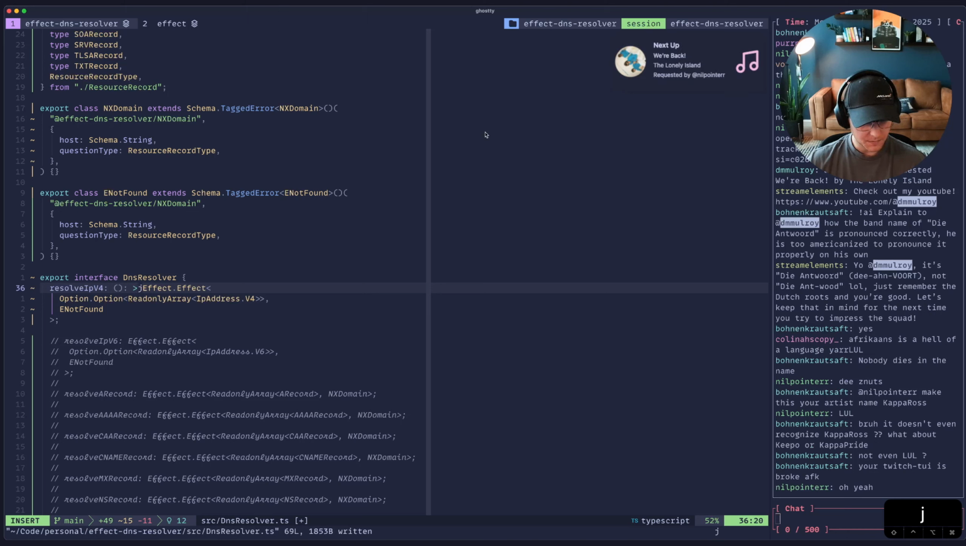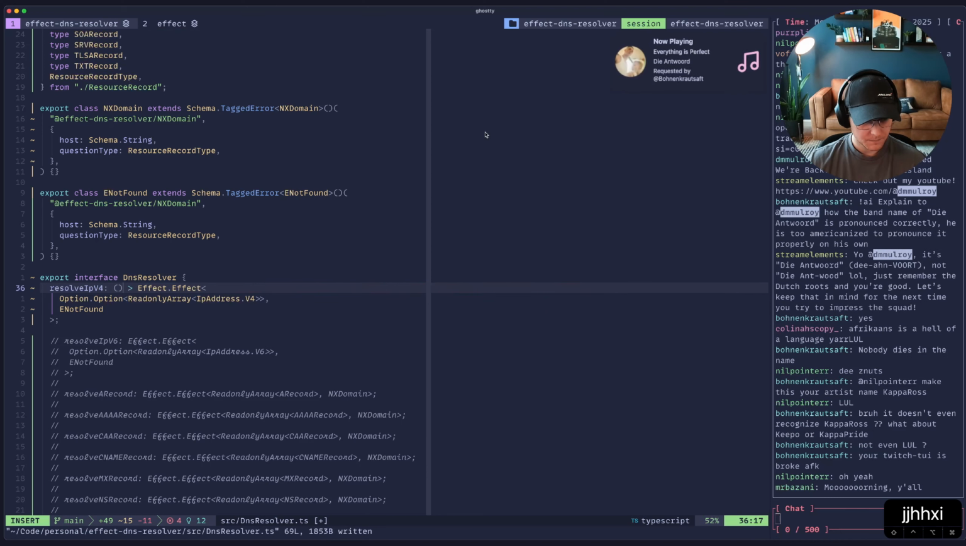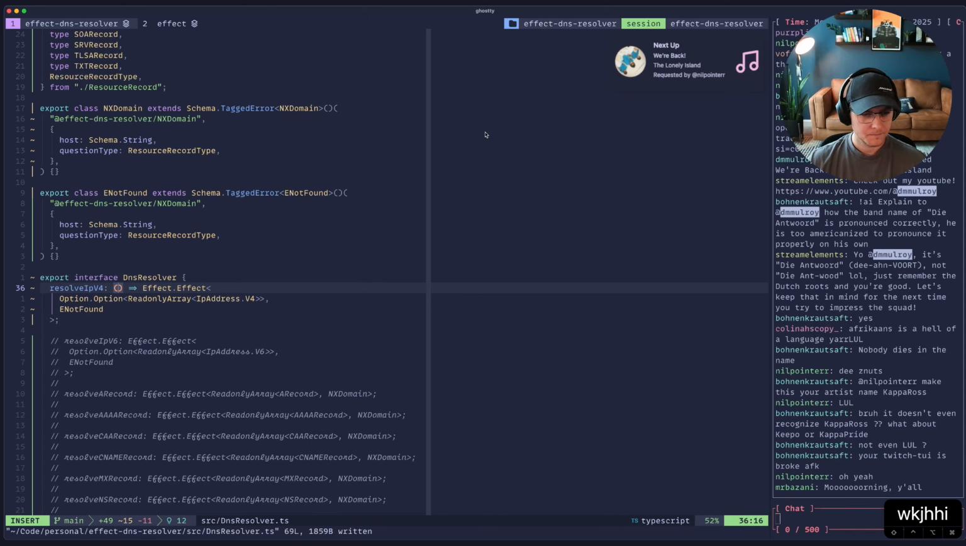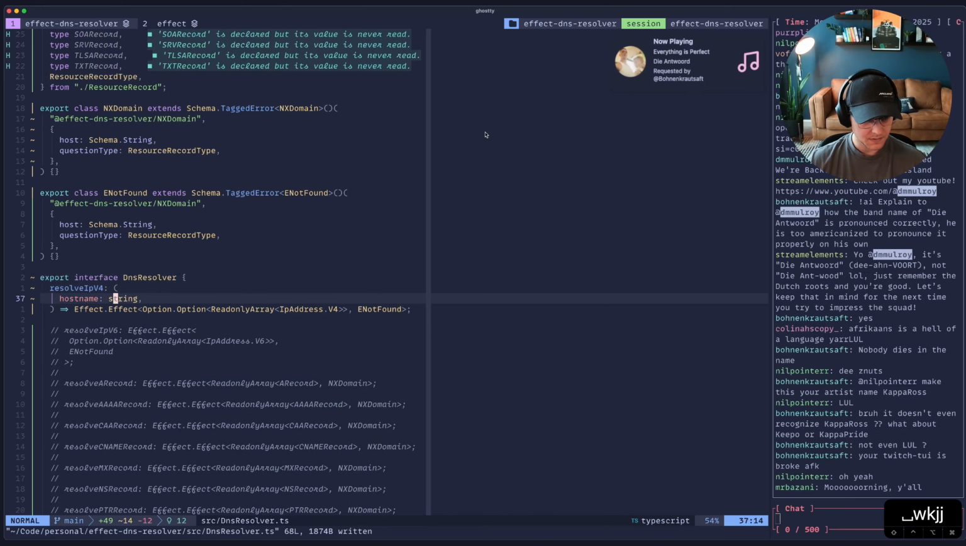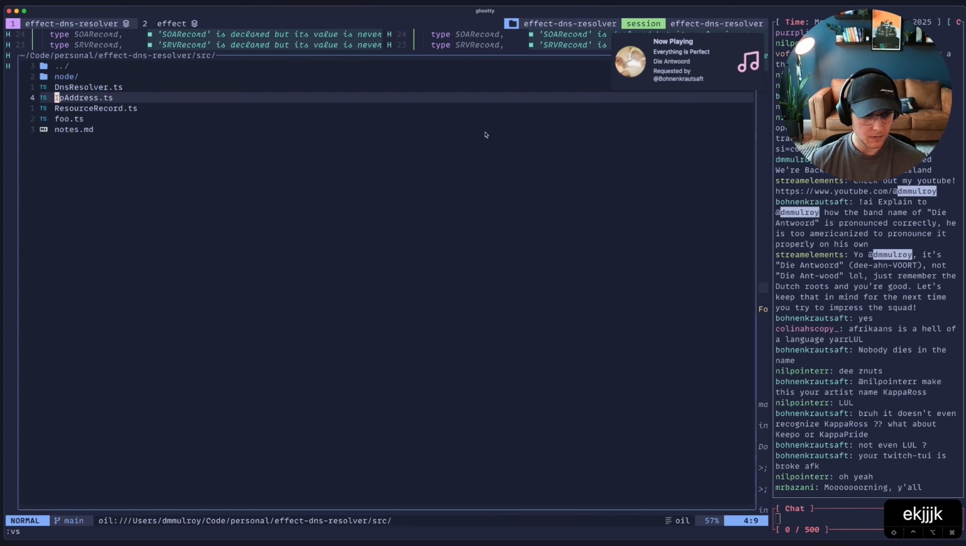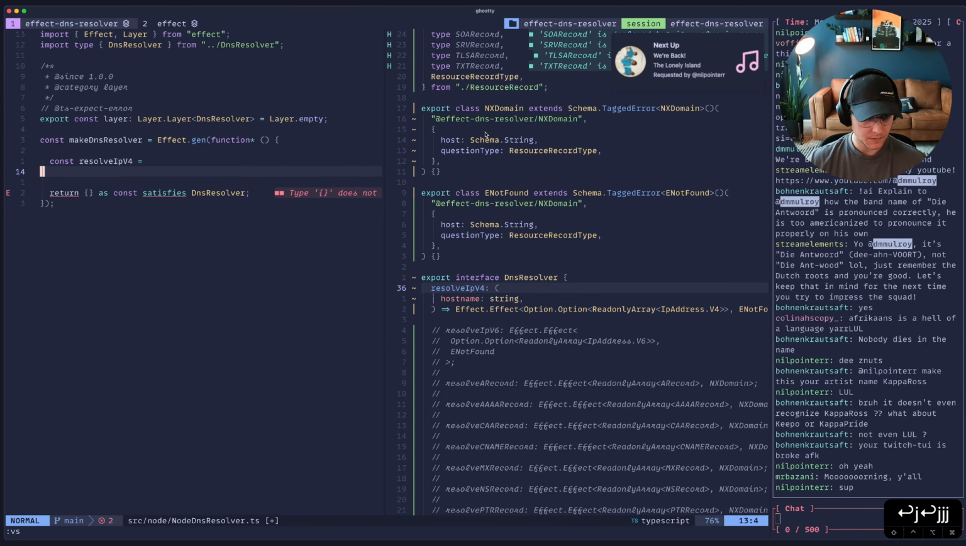What is the right way to do this? I always forget the syntax. Yeah, there we go. This will take a host name, and we can iterate on this. So let's start with this. Let's get that implemented. And we'll come back over here, and we'll go to node DNS Resolver, and